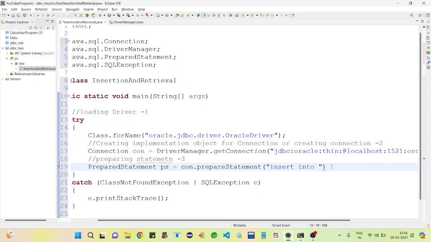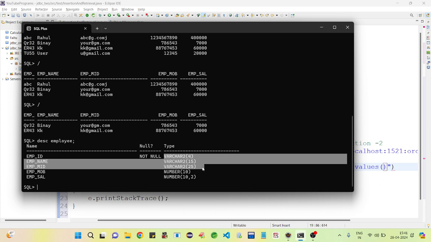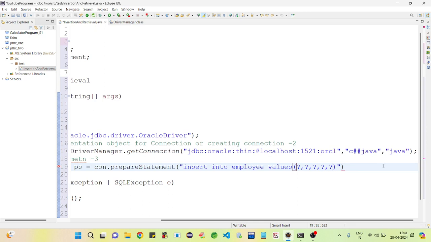Insert into employee values. How many columns? 1, 2, 3, 4, 5. 3 are strings and 2 are numbers, 1, 2, 3, 4 and 5, right?